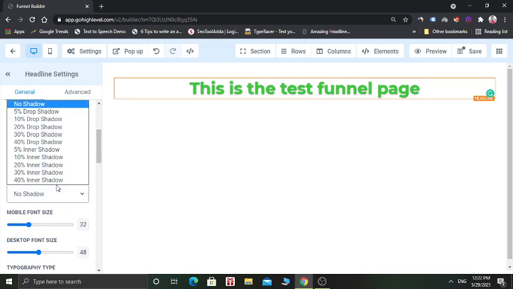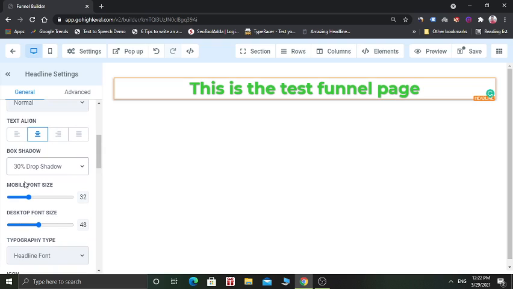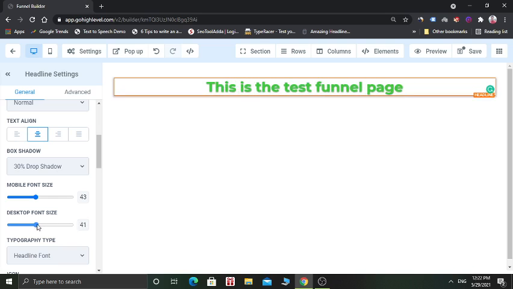You can also add some drop down shadow. You can increase and decrease the mobile font size from here. It will be visible on mobile, and if you want to increase the size of desktop font, then you can use it from here.